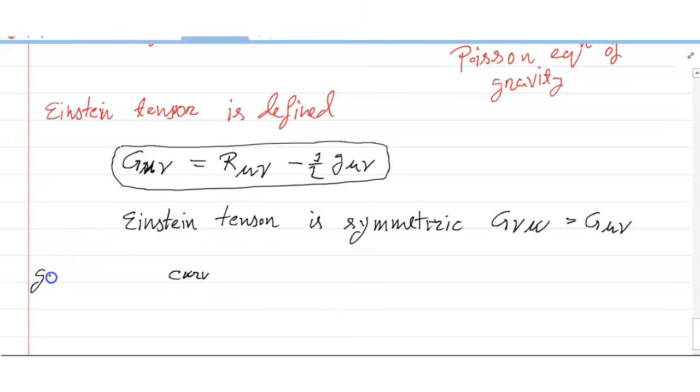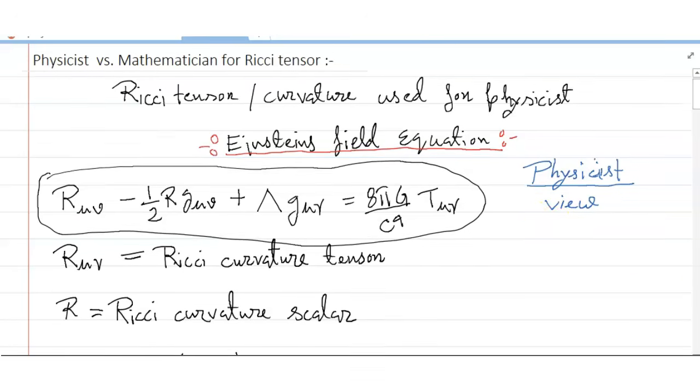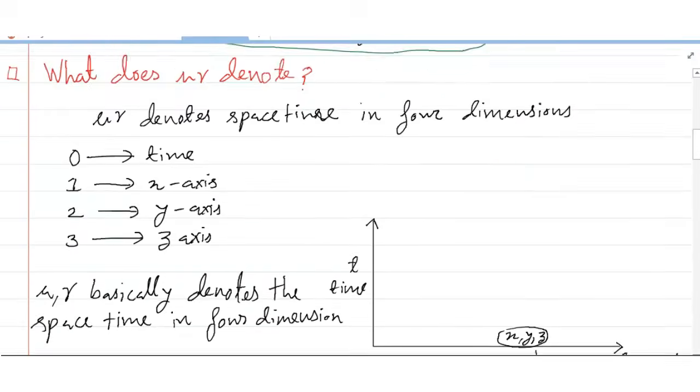Gravity force equals curvature which lets matter move. So friends, we have just learned the physicist view. Let's start to learn the mathematician view